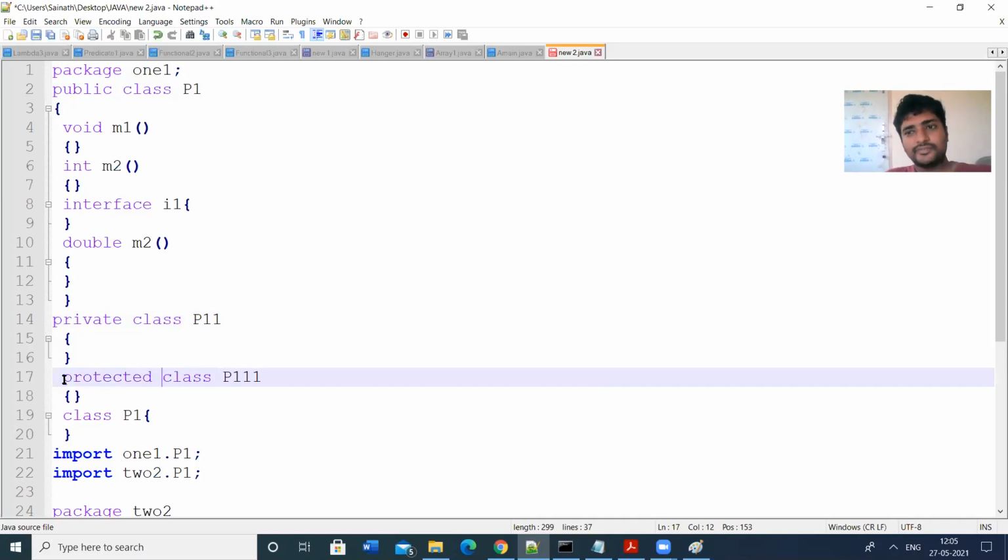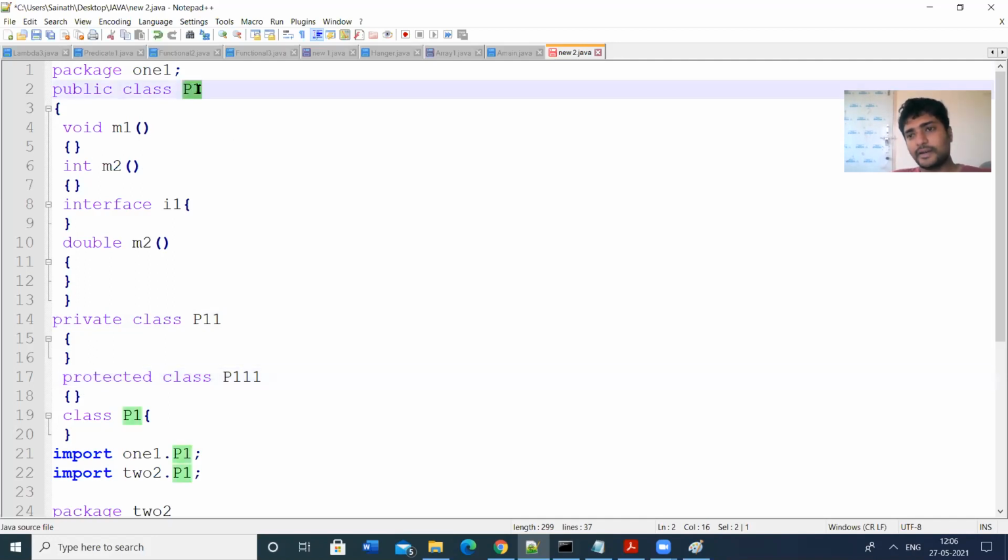We can use either of these, public, private, protected, or you may leave it as default. The same access mechanism principles can be applied to these classes also. Suppose if you declare public, it means all the remaining packages can access this class P1.